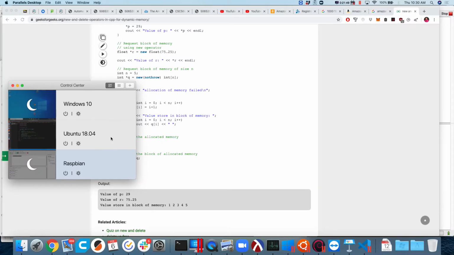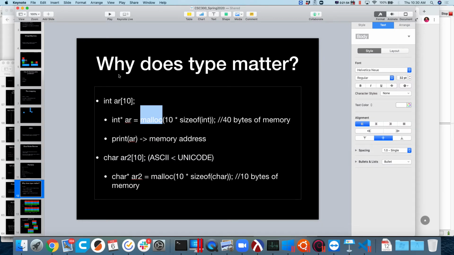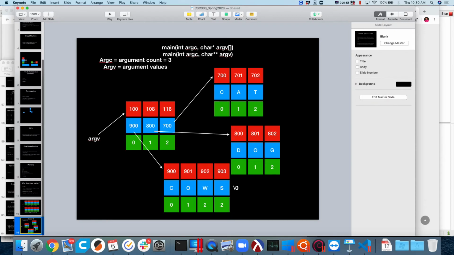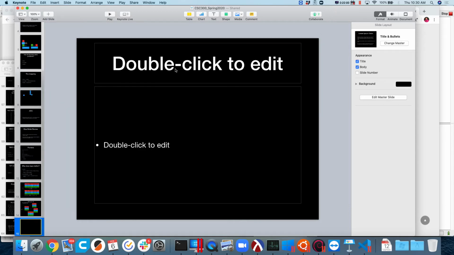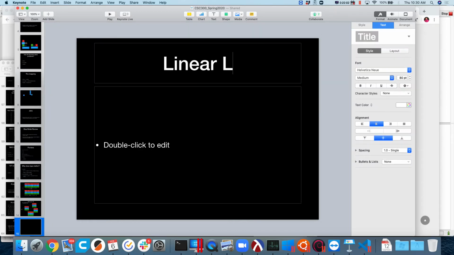Okay, so let's start talking about linked lists. I think we talked about them a little bit at the end of last semester. So we're going to talk about linear linked